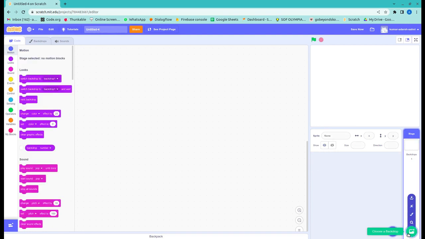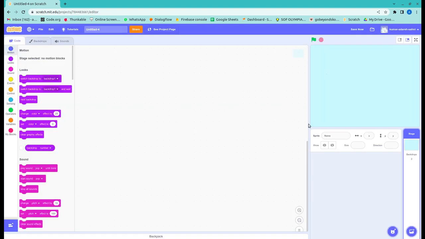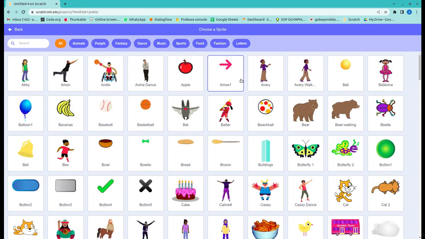Now we are going to add a backdrop named blue sky, or you can add any one of your choice, but I'm just going to choose this. So let us start by creating the start screen. So in the start screen,